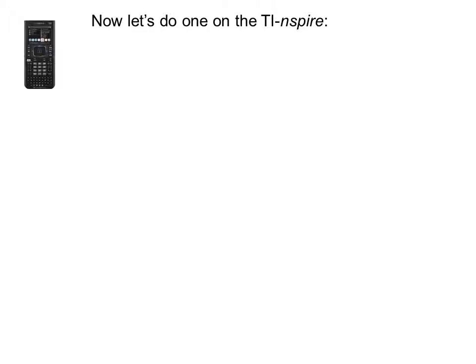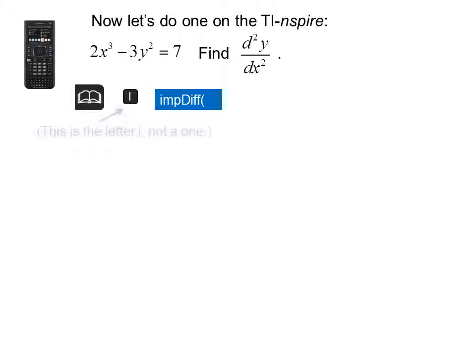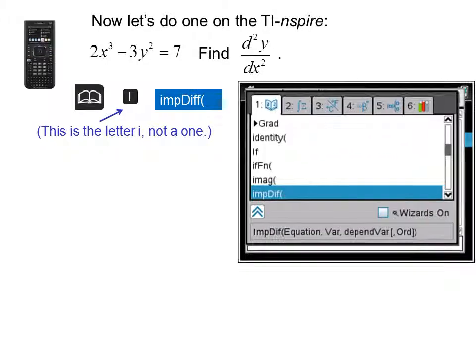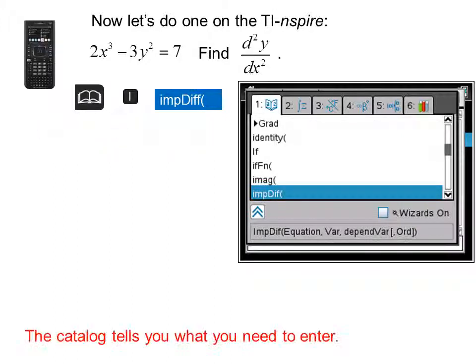Now let's do one on the TI-Nspire. Once again, we'll use the equation 2x cubed minus 3y squared equals 7, and we'll find the second derivative. On your calculator, press Catalog I and select Implicit Differentiation. Now in this screen, the calculator tells you what you need to enter. So we'll need to enter the equation,